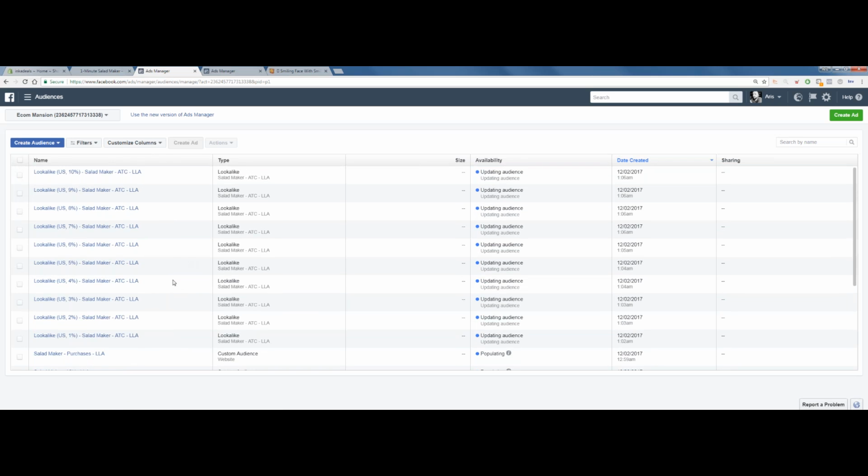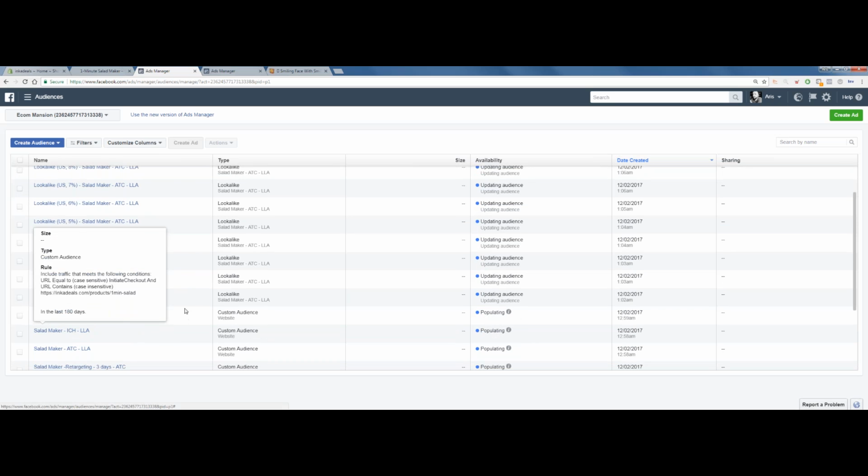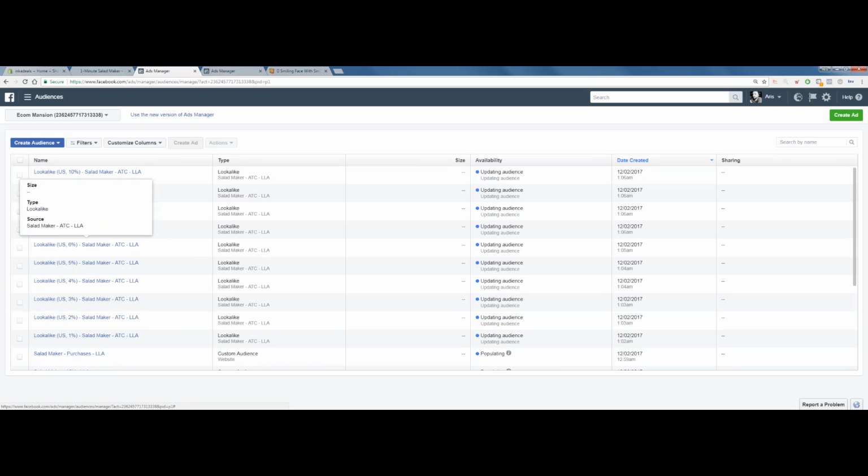Is there any other questions? Do I really have to do this? Sit here for 20 minutes playing with these numbers, because we're gonna have to set up the campaign now. So we've told Facebook specifically what exactly we want from this add to cart audience, what exactly we're looking for. What we need to do now, when they populate, is create the campaign that will launch to these specific audiences as well.